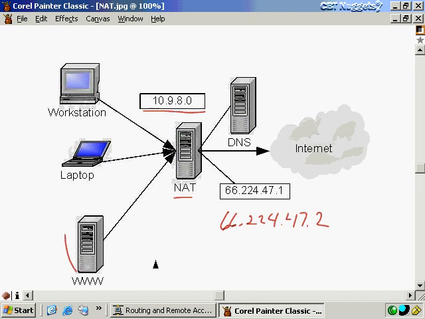So what I can do with this then is allow people from the internet to resolve the name to my DNS server, then connect to this IP address, which in reality, when it goes into the NAT server, will say, oh hey, that's a reserved IP address that's actually supposed to go to this www server down here. And that one is the IP address in my private network of 10.9.8.4, and so it'll be able to translate this address through the NAT server down to this web server